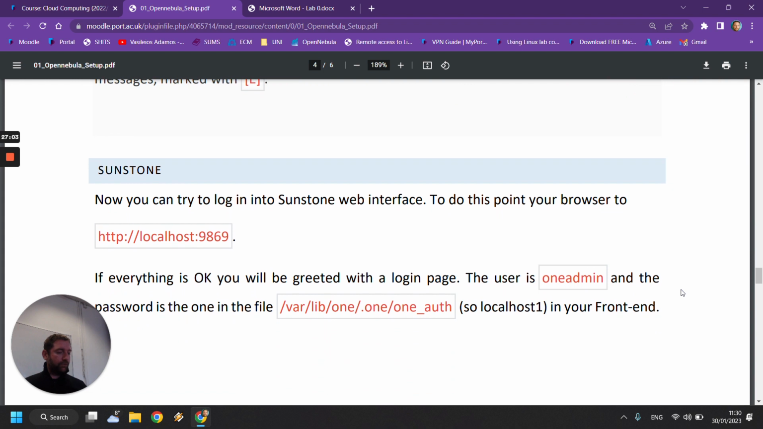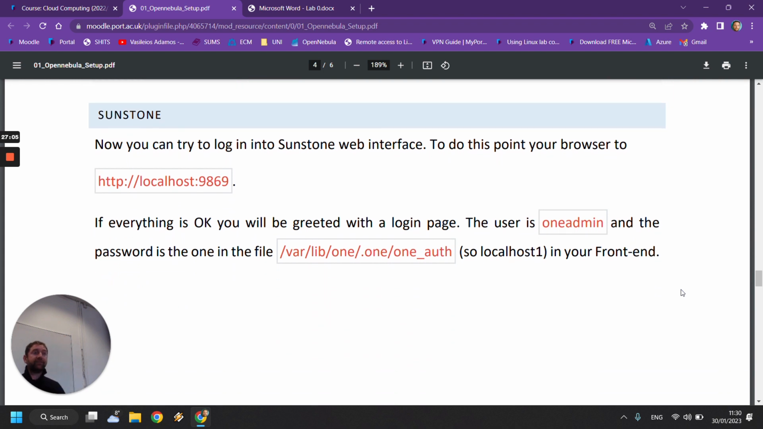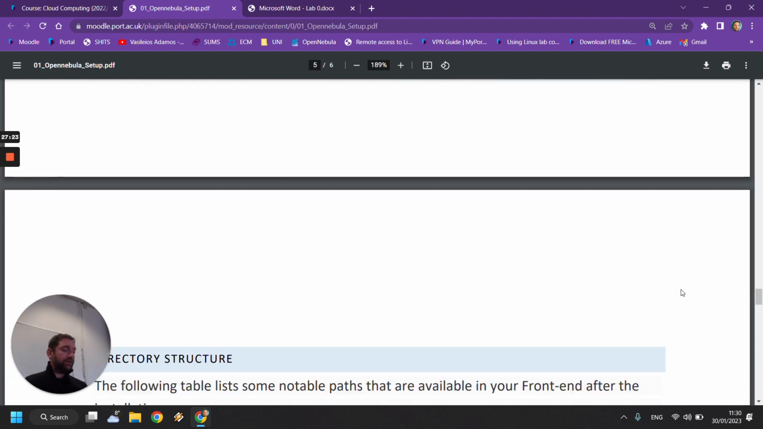and what you installed just now actually works. You can also verify that it all works by clicking on http://localhost:9869, and that should open the web interface of Sandstone, and you should be able to log in there as user oneadmin with the password of localhost1, as you've just set it up before,